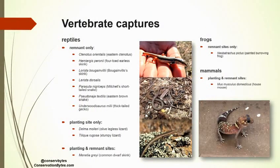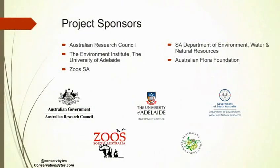Vertebrate captures, what you'd expect out there. Lots of these little guys, thick-tailed geckos and legless lizards. Mostly mice and some frogs, but much more than you'd expect from your average destroyed paddock out in a semi-arid land. And really that's it to date, so keep tuned to this space and we'll update as we go along,